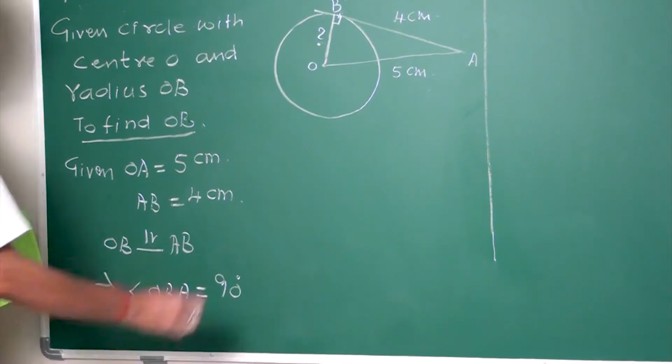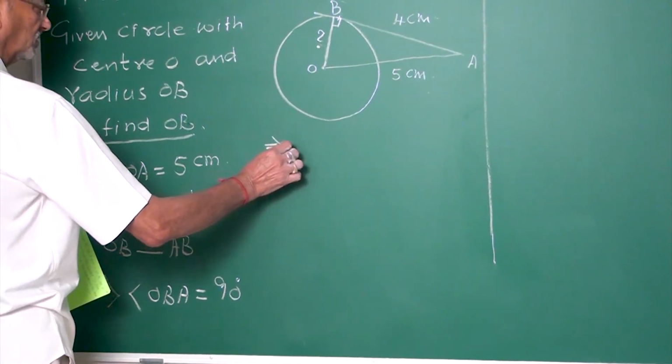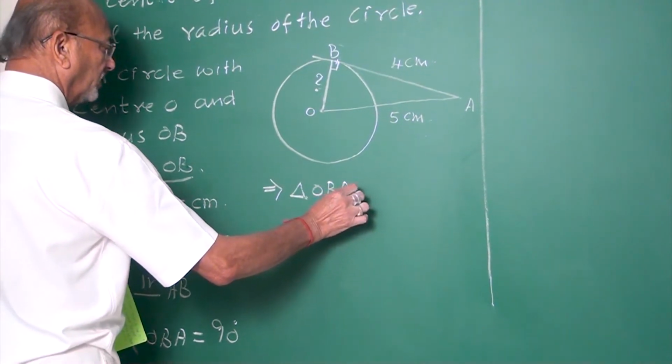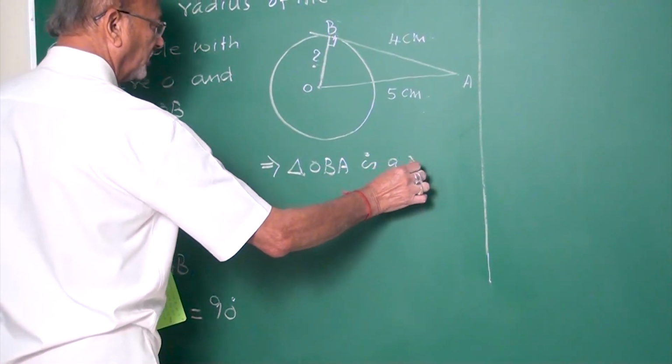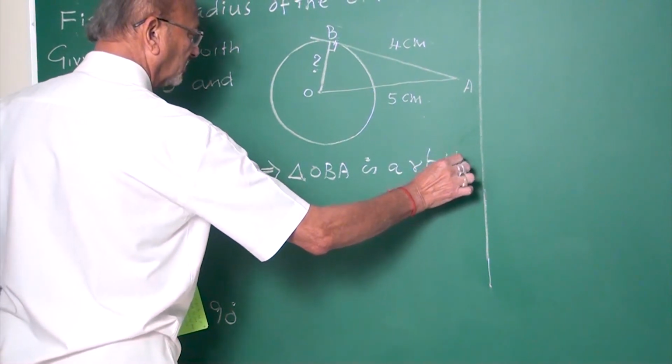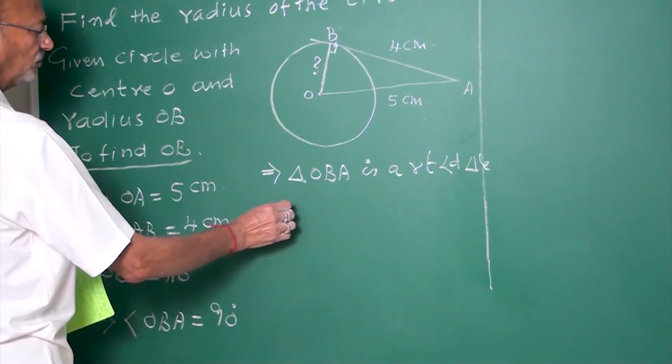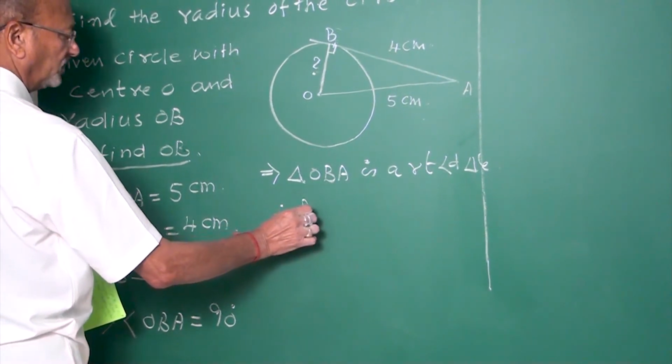Implies triangle OBA is a right angled triangle. Therefore, by Pythagoras theorem,